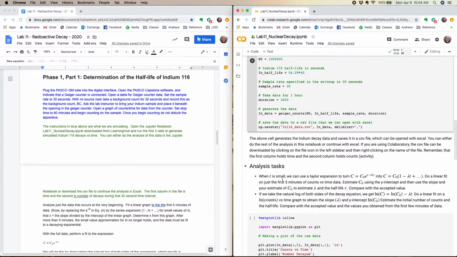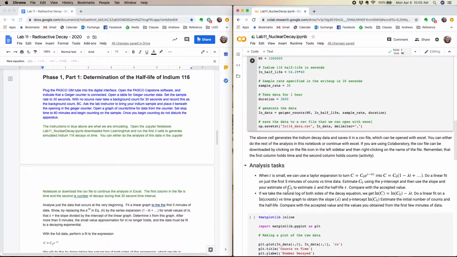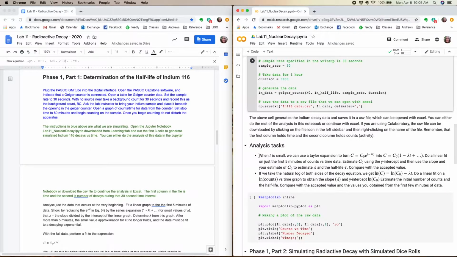So the rest of this notebook describes the sorts of analyses you should be doing with this data. We're going to be doing two analyses. One is we'll be looking at just the first few minutes of data, because then the time will be small, and so we can expand this exponential using a Taylor expansion, and then fit the data to a linear graph in order to figure out what the decay rate is,